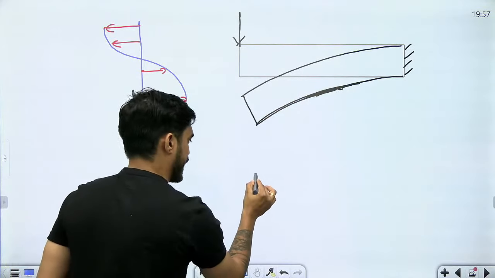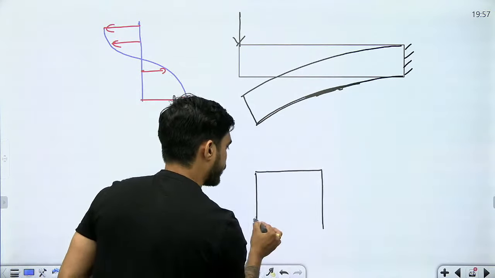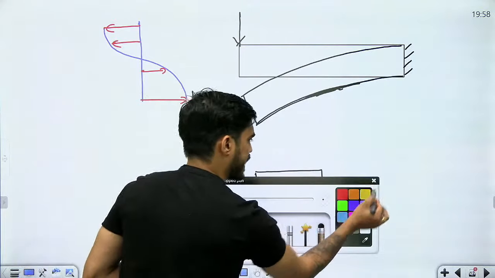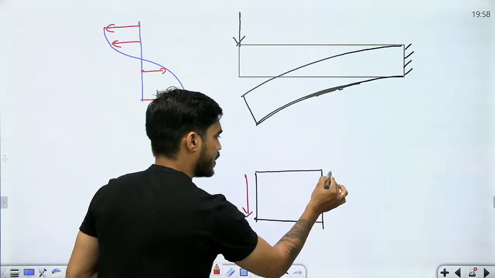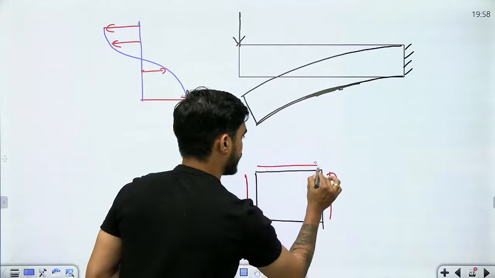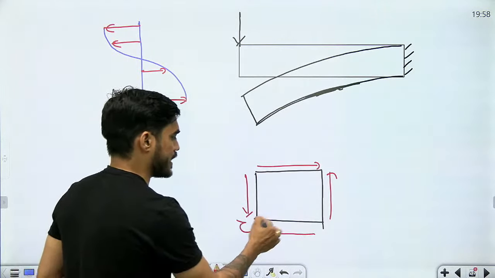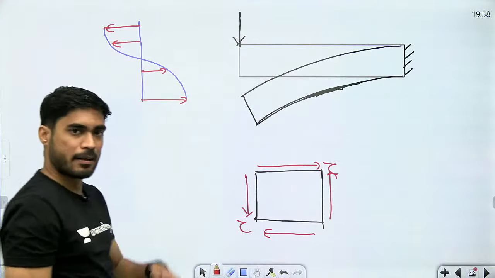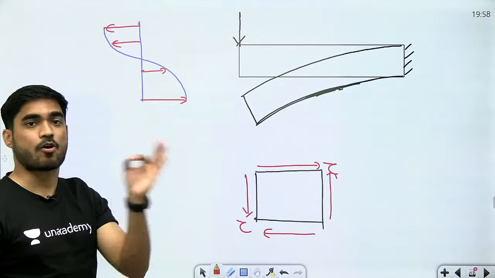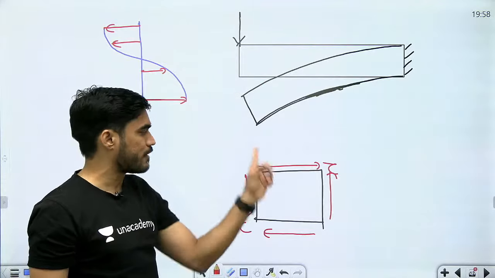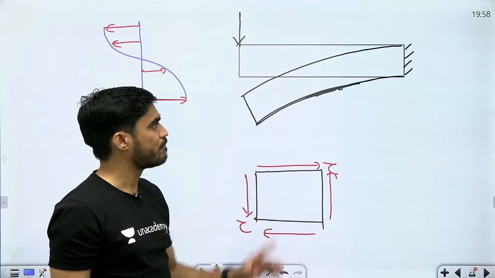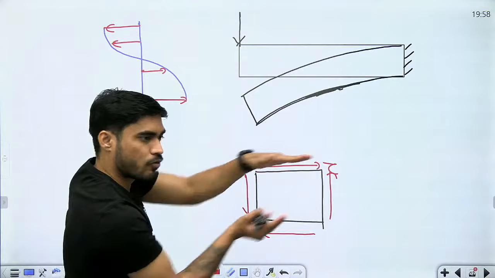बेटा shear की वजह से क्या होता है? Understand. Shear stress will be developed like this, right? Shear stress जो है वो कुछ ऐसा develop होगा, right? This is the shear stress due to the shear force, okay? Bending moment से bending stress, which is a normal stress, and shear force की वजह से shear stress, which is tau, okay?